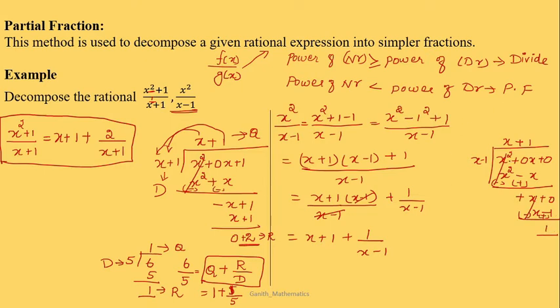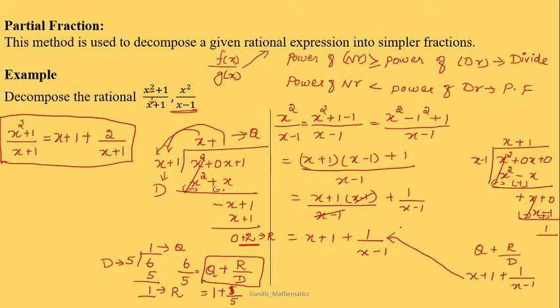So what is our formula? Quotient plus remainder divided by the divisor. What is my quotient? My quotient is x plus 1, right? What is my remainder? My remainder is 1 divided by the divisor x minus 1. This is the same answer which we got here, right? So whatever the method, if you simplify it into a particular form, that means if you decompose a fraction, that will give the same answer, right? So this is the division method, or else we can simplify by using any other algebraic expressions, right?